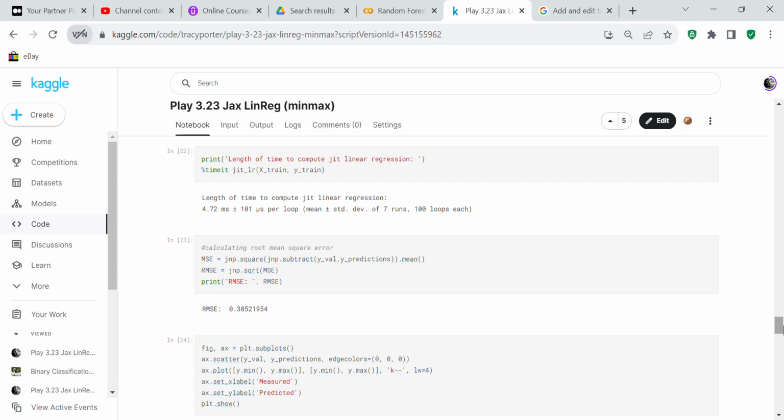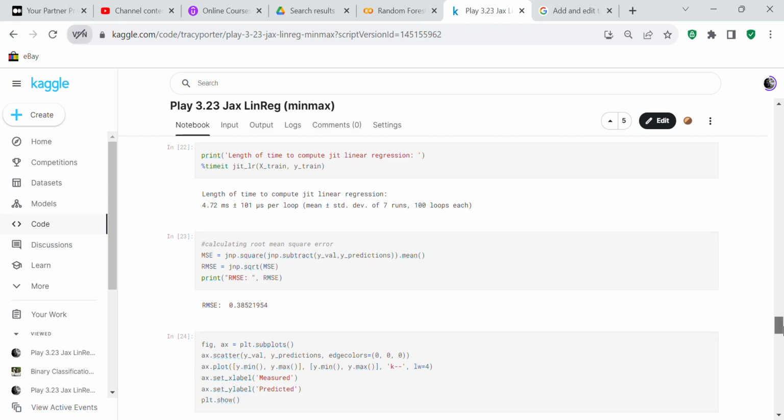And the thing is that although this is a small-ish project, if you had a really big data set with lots and lots of data, that extra training time would make a big difference. You can also put JIT on predict, because on my previous Jupyter Notebook I think I did put JIT on predict, and that sped up the prediction as well, but I didn't put it on this one, which I could have done, but I'm just doing this code review because I got a bronze